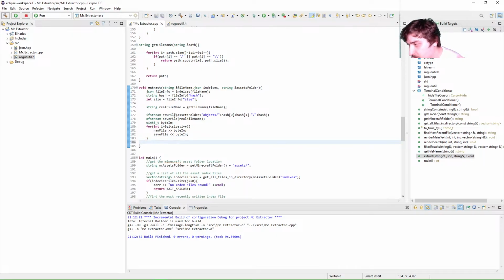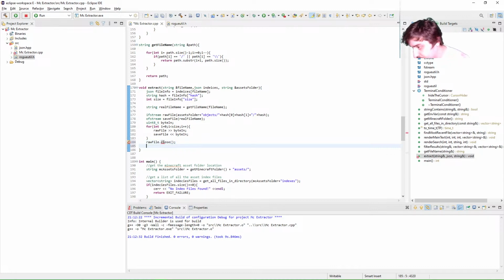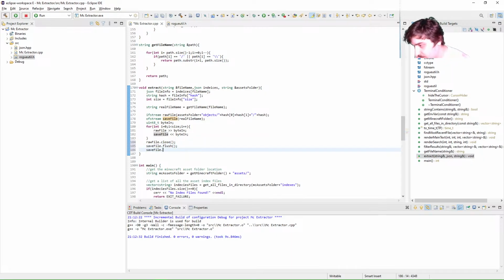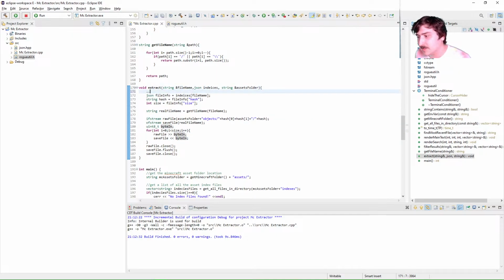Once we're done, we can close the raw file, and then we flush the save file, and then we close it. Pretty simple stuff. I have not been commenting all this much at all, but now let's get